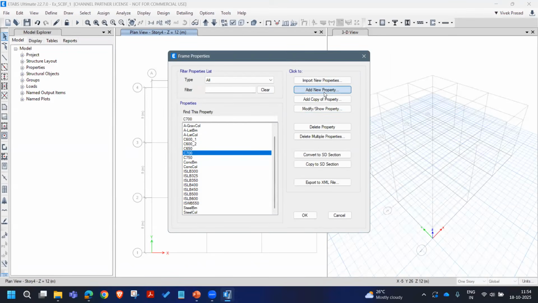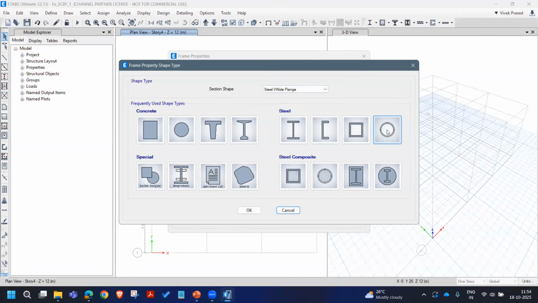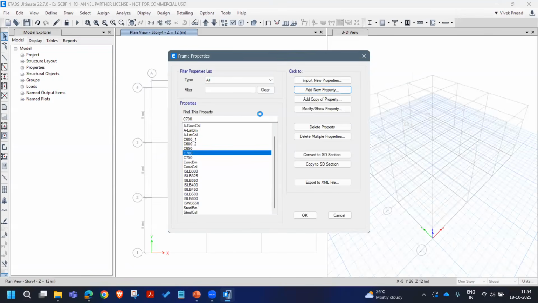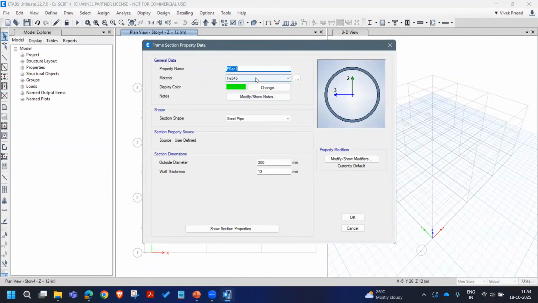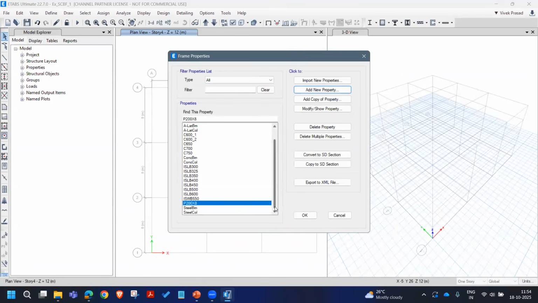One more last one for the braces, which we can define as a pipe section. Can import, but I'm using a user-defined section. It has P 200 by 8, 200 mm, 8 mm. All right. So these are the sections available in the model database, but we'll be using